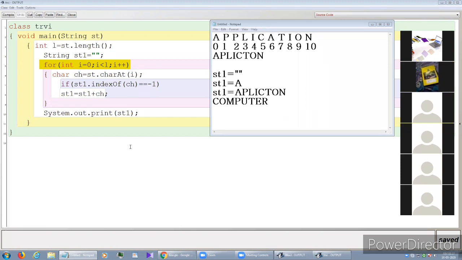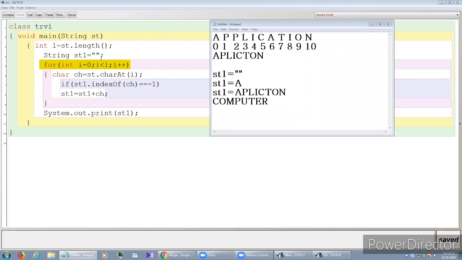Next, Aratika. Yes, sir, I have a doubt. Can you explain once this st1 equal to double quotes? Suppose we use a counter, in the case of a number like a equal to 0. Now if you write a equal to a plus 1, earlier the value of a was 0, now it becomes 1. Correct?